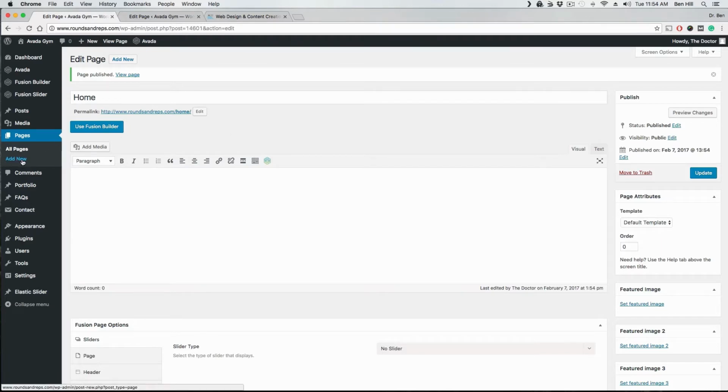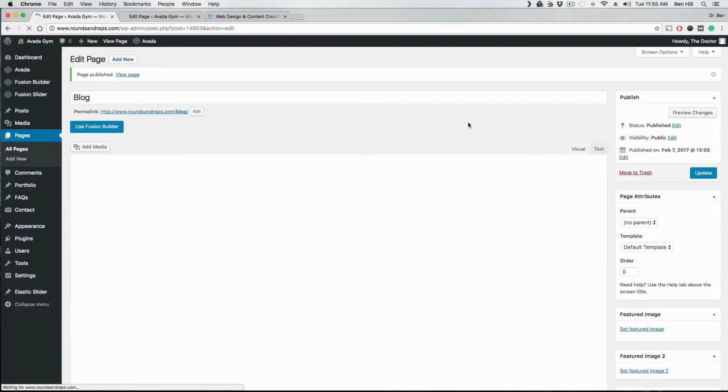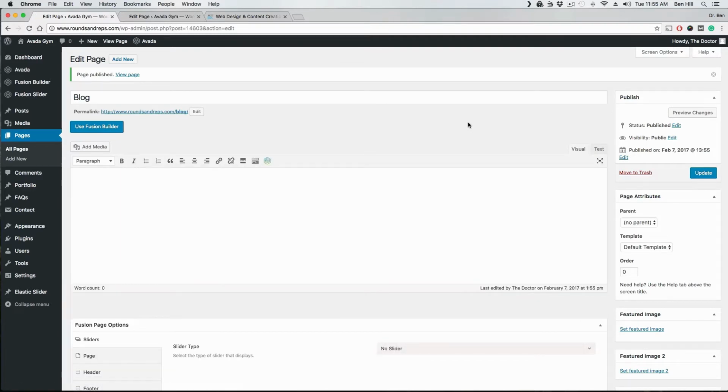And so I'm going to go ahead and go back here to Pages, Add New. And I'm going to create my blog page. Again, the blog page would be any page that you think that you're going to post up new content to. It doesn't have to be called blog, but I'll go ahead and call it that and hit Publish. And my advice to you would be just go ahead, get a couple pages, and do the same thing that I just did, and then from there, if you go to all pages,